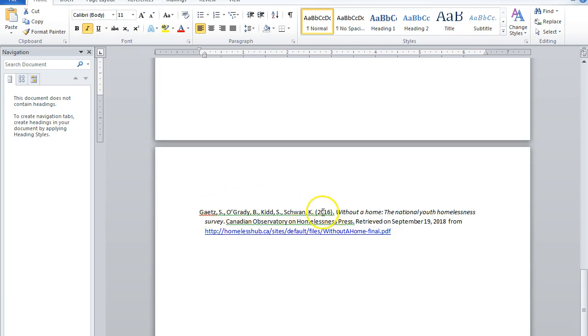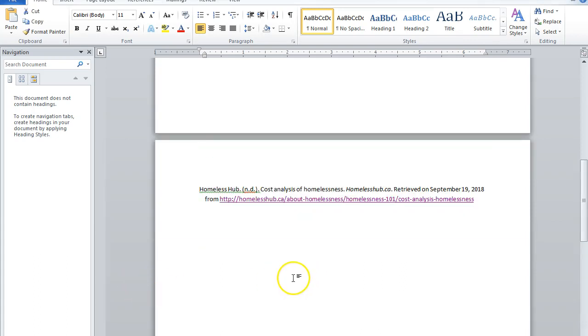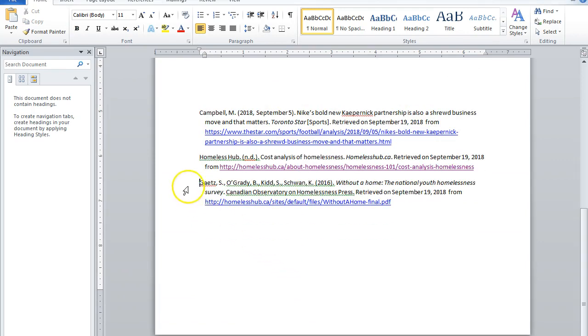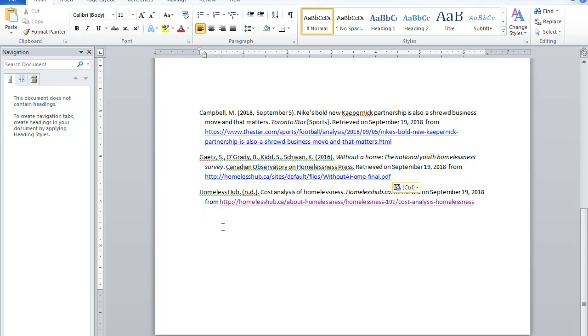Okay, then finally, the date, in this case only a calendar year, then the title of the report, and in this case the name of the publisher, and finally the retrieval statement. Now I can see I'm running out of time. What I want to do is I want to show you that when you go to do these, you put them all together on one page, and then APA wants us to alphabetize these by author name. I'm sorry, that's